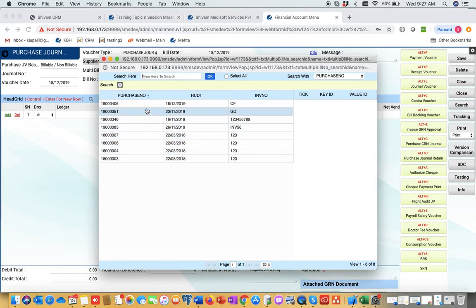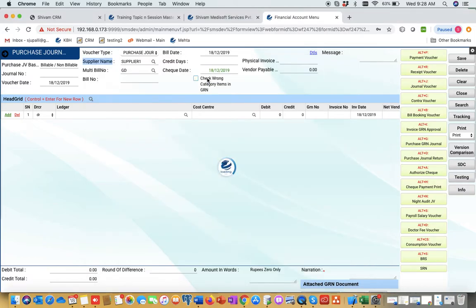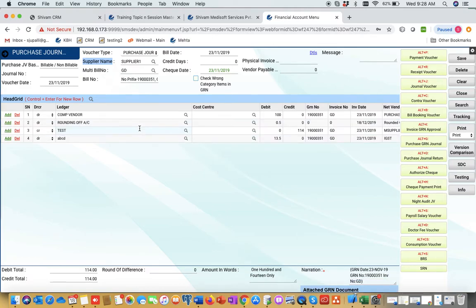So we have to select one bill and click OK. It will create the JV automatically based on debit, credit, and mapped ledger in expense mapping. Here you can see, as per mapped ledger, the voucher will come with debit, credit, GST.